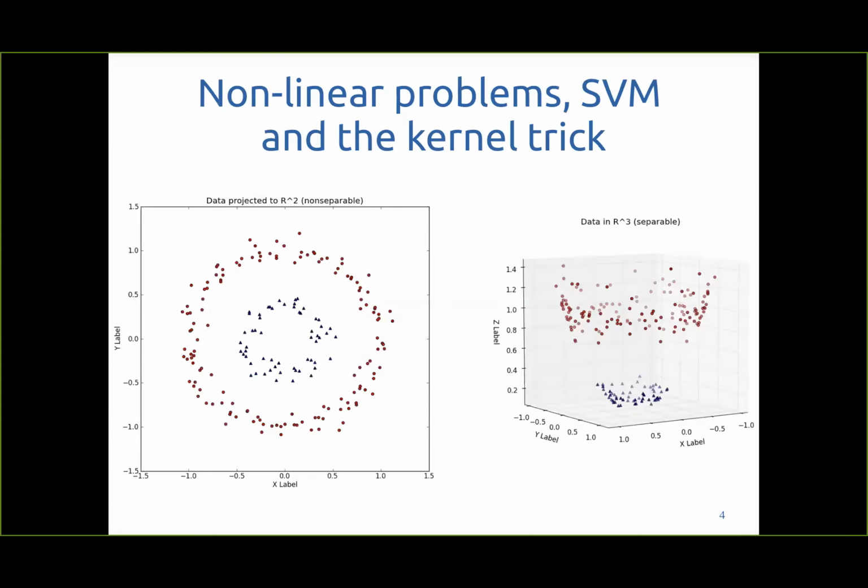For instance, here the classical one: when you have two rings, you cannot separate them linearly, but if you go into higher dimension, for instance, if you multiply by the radius, then it becomes linearly separable. But you have to compute a kernel, a distance between the points to do this, and well, it takes a lot of computing. Something nice that was found is called the kernel trick, where you don't have to compute the whole distance in high dimension, but you can reduce it simply.